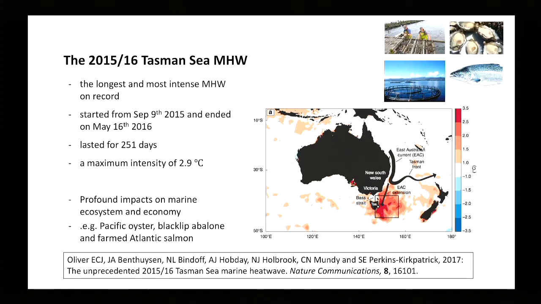But what it did do, it was really the first evidence of what we call Pacific oyster mortality syndrome, where you get these black spots on the oyster and they die within basically 24 hours or so. Tasmania is really an important aquaculture place for oysters, abalone, salmon and so on, so it has an important livelihood with regards to that. Salmon performed poorly. The black-lip abalone were dying. They hadn't seen that before. And it was largely all due to this marine heat wave.